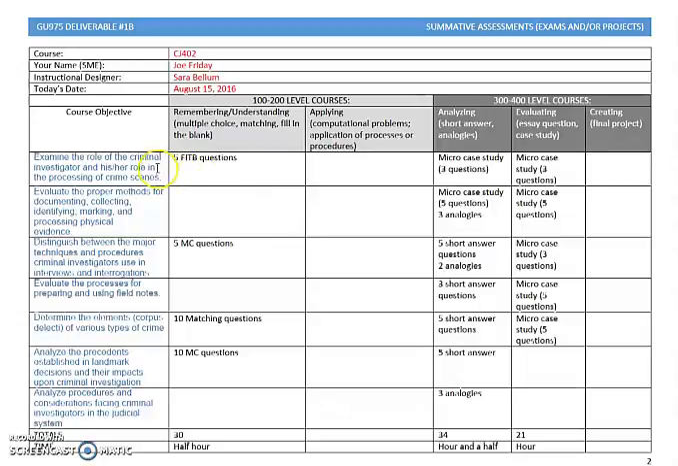So in the first course objective, we want students to examine the role of the criminal investigator and his or her role in processing crime scenes. I've decided that I'm going to put in 5 fill-in-the-blank questions, and I'm going to write a micro case study. And from that micro case study, I'm going to have 3 questions at the analyzing level and 3 questions at